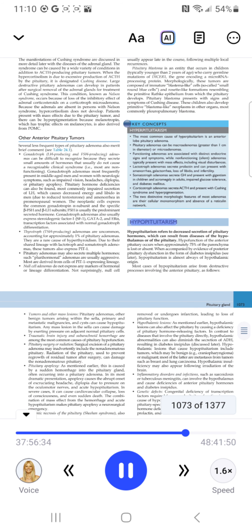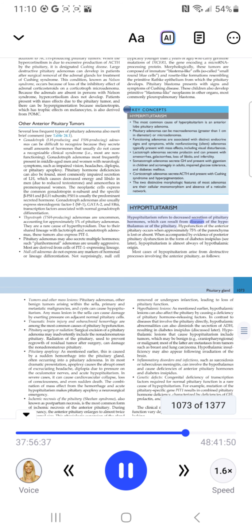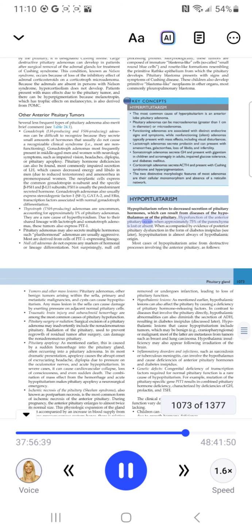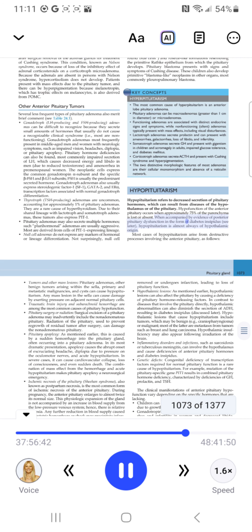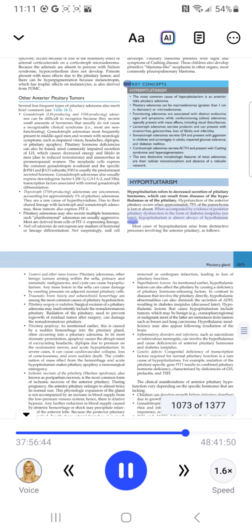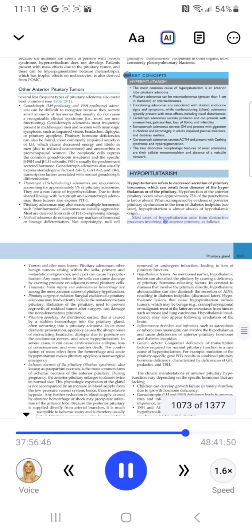Hypopituitarism. Hypopituitarism refers to decreased secretion of pituitary hormones, which can result from diseases of the hypothalamus or of the pituitary. Hypofunction of the anterior pituitary occurs when approximately 75% of the parenchyma is lost or absent. When accompanied by evidence of posterior pituitary dysfunction in the form of diabetes insipidus, see later, hypopituitarism is almost always of hypothalamic origin. Most cases of hypopituitarism arise from destructive processes involving the anterior pituitary, as follows: